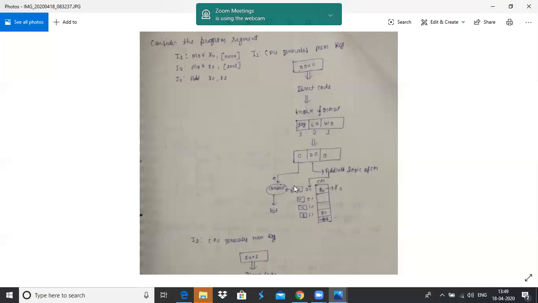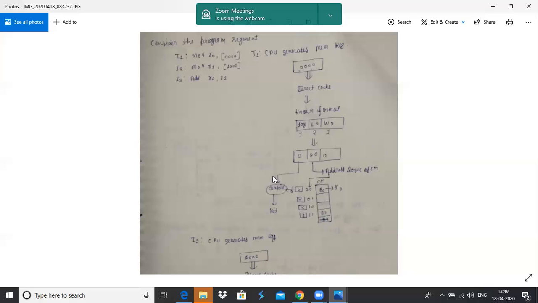If it is not equal, it means a cache miss, meaning that the corresponding block of main memory does not exist in the cache memory. So at 0, this is the B0 block.